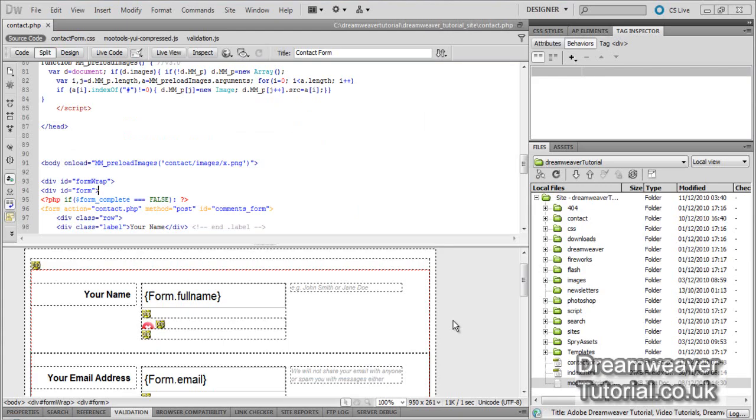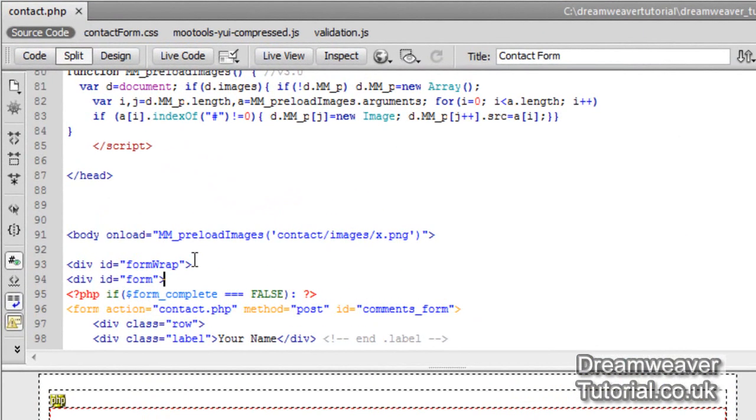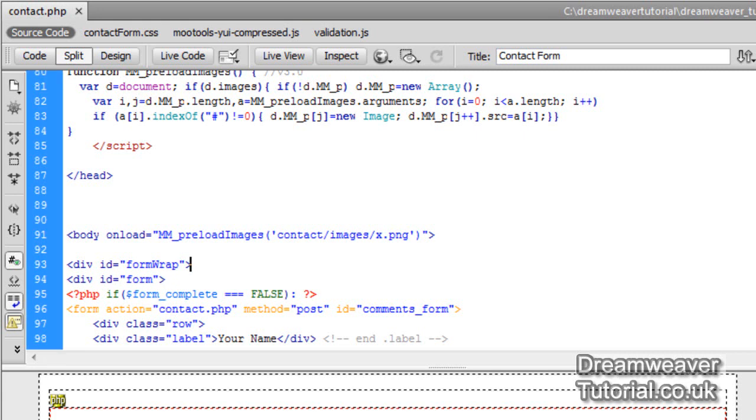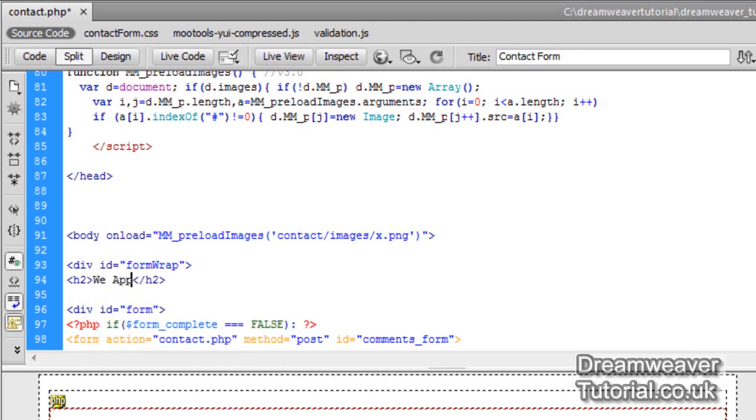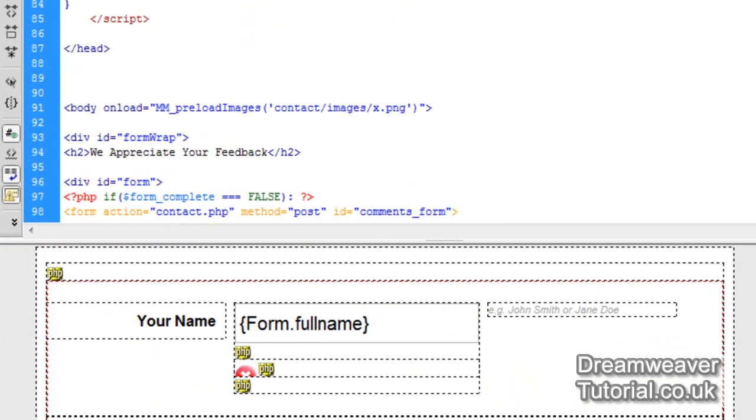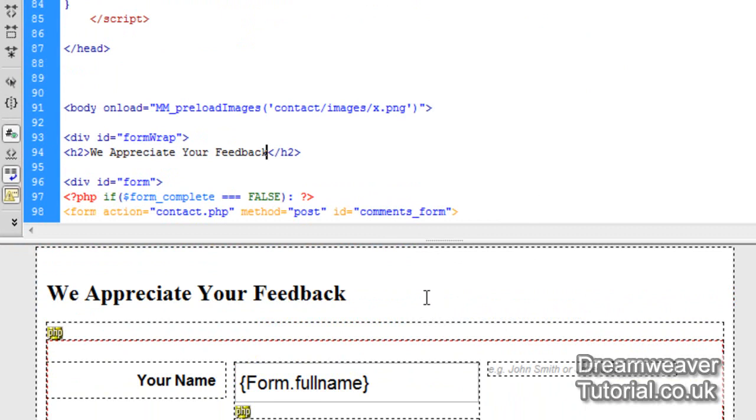Okay, so next we'll put a message at the top of our form to encourage the web visitor to leave a message or some sort of feedback. So create a space just below the form wrap div, and we will place an H2 tag there, and inside the tag we will type something like "We appreciate your feedback." Then press F5 to refresh the page,